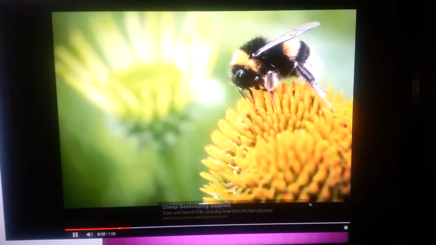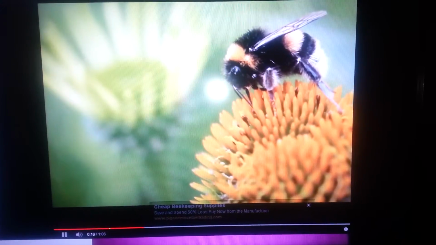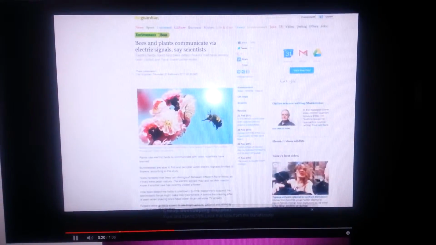Flowers can communicate with bees using electric fields. The bees pick up on the signals given off by plants, which might be a way to let the bees know what kind of flower the plant is, and if the flower has already been drained of its nectar by another pollinator. A study from the University of Bristol in the United Kingdom shows that the bees react to the